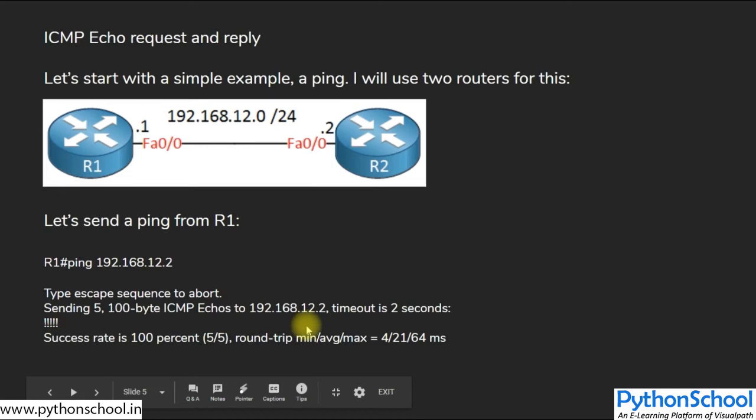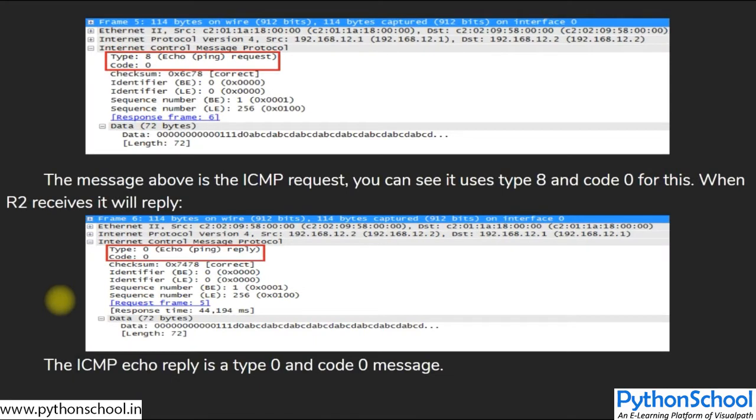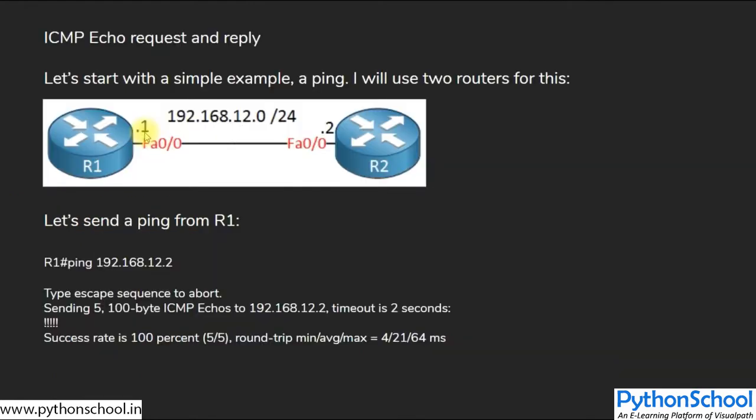And if you capture the packets by using a third-party tool called Wireshark, you will see these two packets in that Wireshark tool. The first one indicates type equal to 8, and this is a kind of ping request. And if you see, type, code, checksum, and actual data, these are all the fields which are actually present in